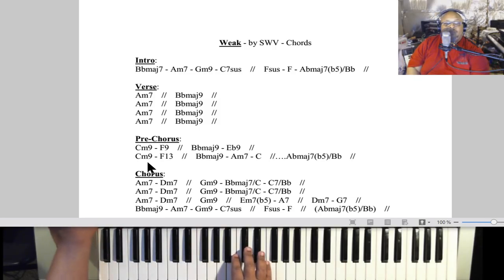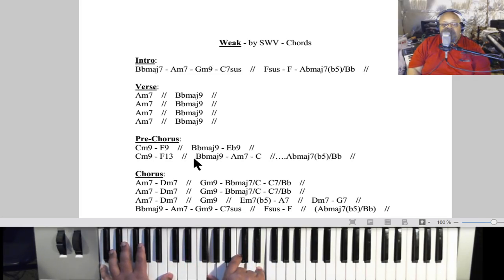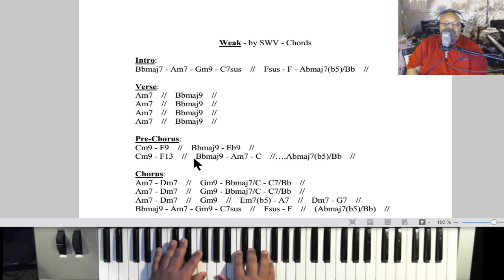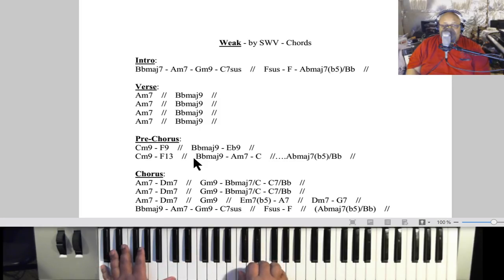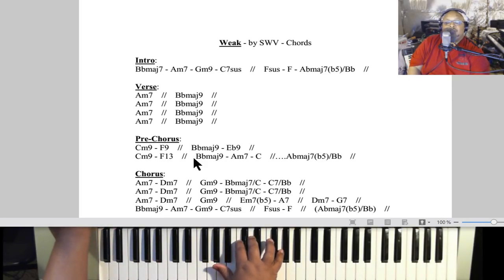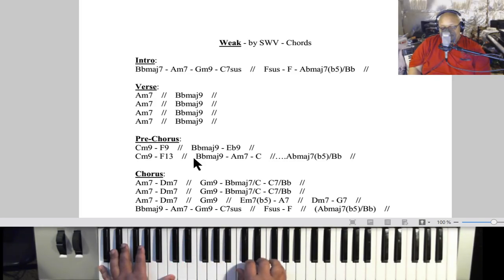Then you have, on this measure, a B flat major 9, A minor 7, and C major. So that just means goes to the. Okay, now this is one of those measures where I couldn't just give you an even divide, but again, you have to know how the song goes. If you know how the song goes, and the cause and cure is you, I get so. And if you see, okay, B flat major 9, A minor 7, then you got the